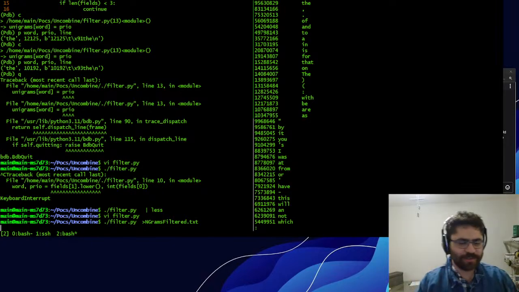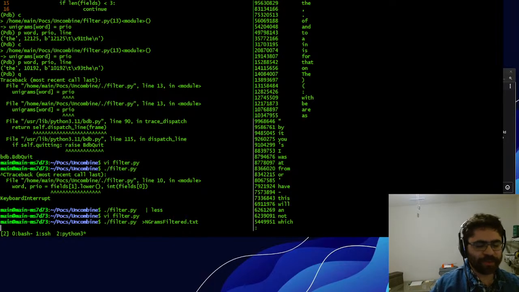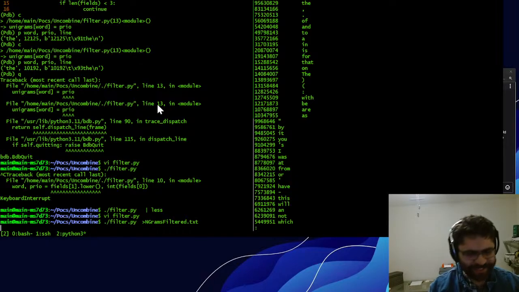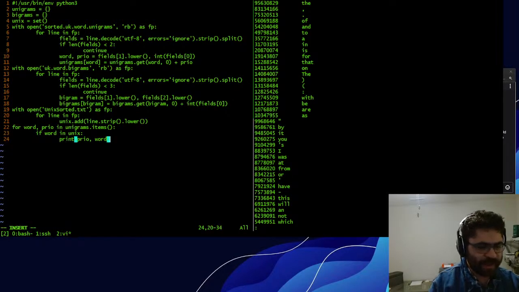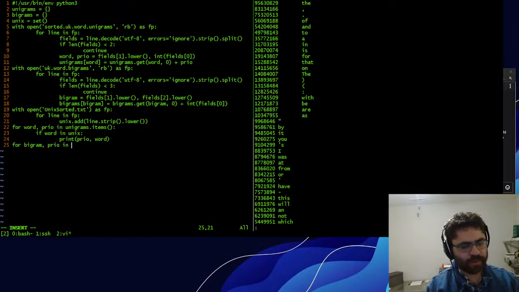So this will take a while, but it should be done fairly quickly. It wasn't an unreasonable amount of time before, so it should be fine. Or wait, I forgot to even include the bigrams in the file! No! RIP, okay. It was still even getting the bigrams in the first place. Funny. Okay. So now for bigram, prio in